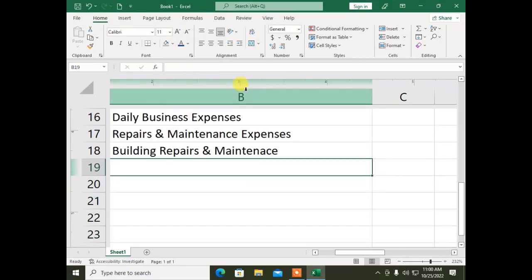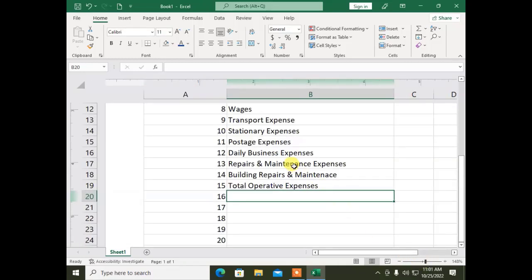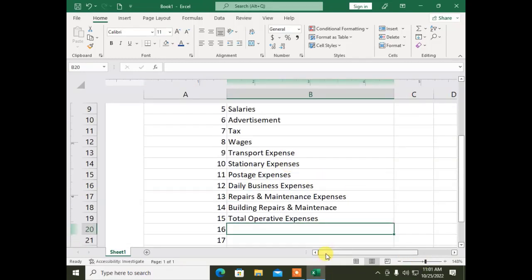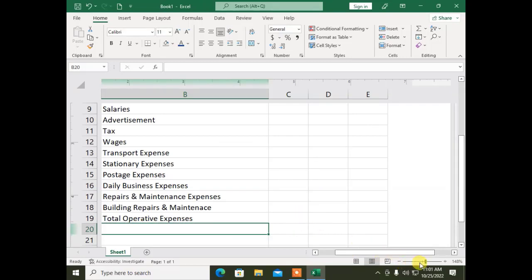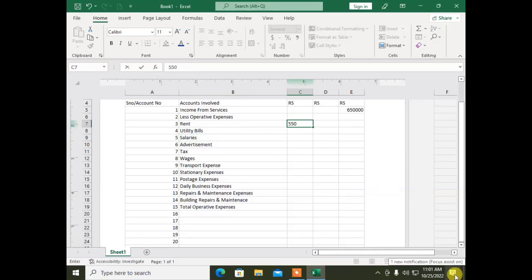After the names of expenses, I will calculate total operative expenses here. In this total operative expenses, I will bring out my expenses and sum them here. First of all, I will write some expenses. For example, our building rent is 55,000 rupees. We pay,